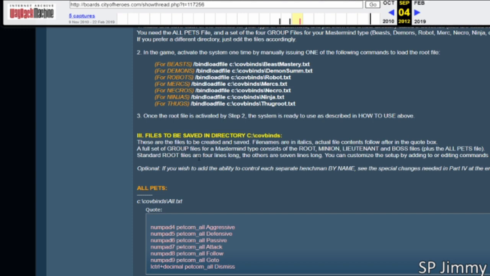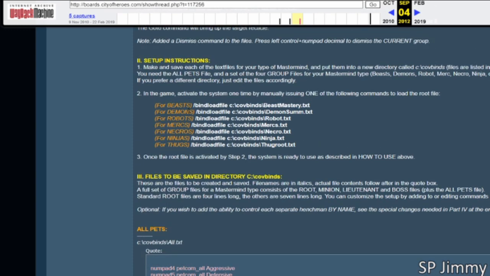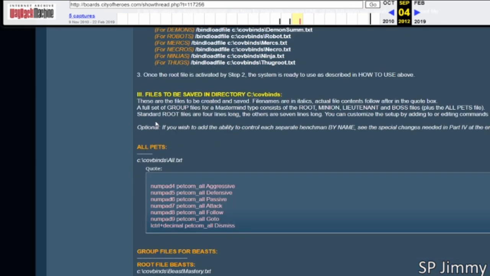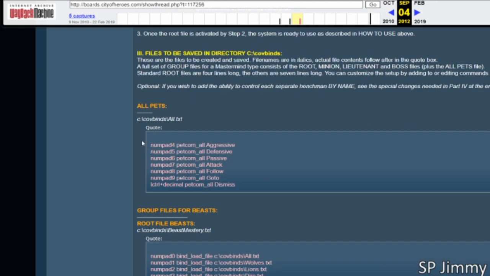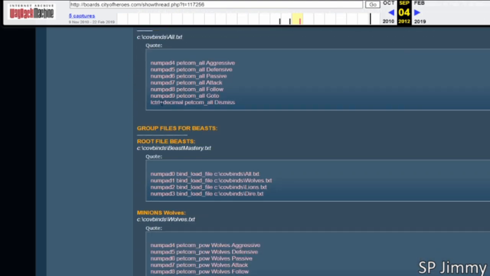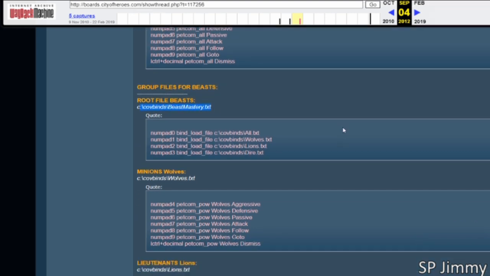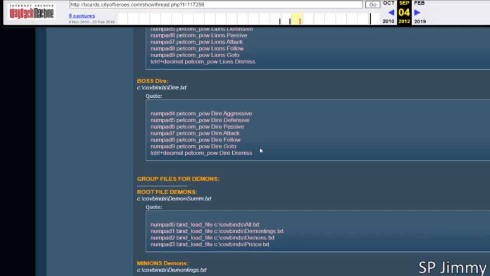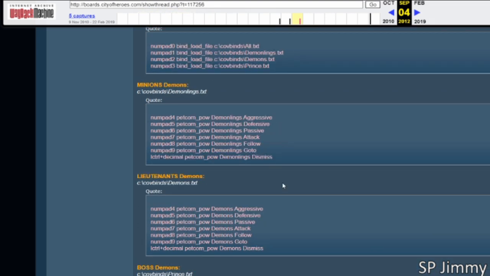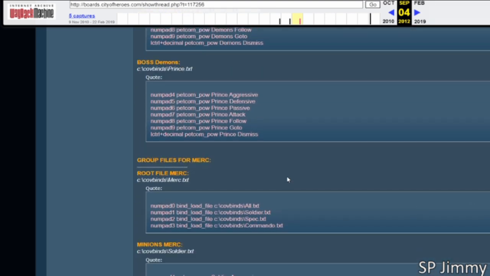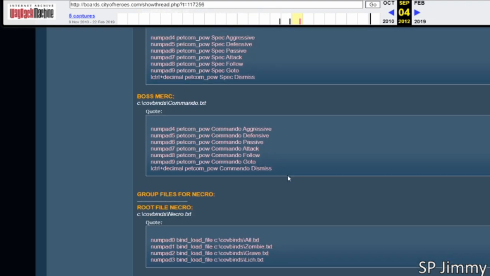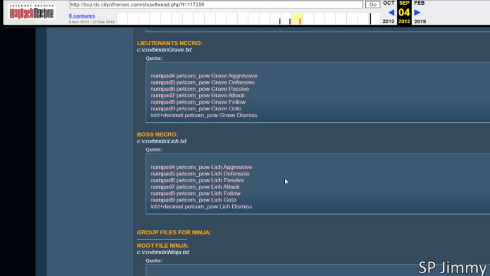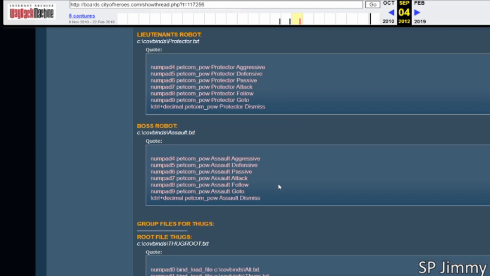A little bit more difficult, but I think that it's probably worth it in the long run. Basically, you follow their instructions and you're going to be able to download files where they tell you to do it. So like under your binds and stuff, you download the files in, and then once they're all in place, they all kind of work together to access different files that you wouldn't normally have room to just enter. And basically, if I go down to the bottom here, because you would have to do one for each pet regardless of what you have,